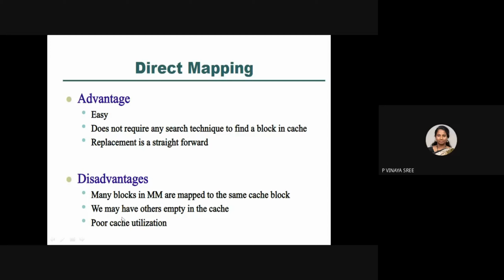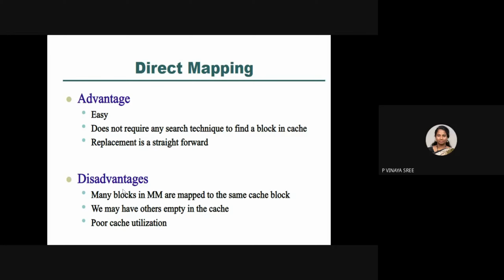Disadvantages: many blocks in main memory are mapped to the same cache block, and even if we have empty slots in the cache, we are not utilizing them. So there is poor cache utilization. And one more is not mentioned here. Can anyone tell me, what is the main drawback in direct mapping? Cache